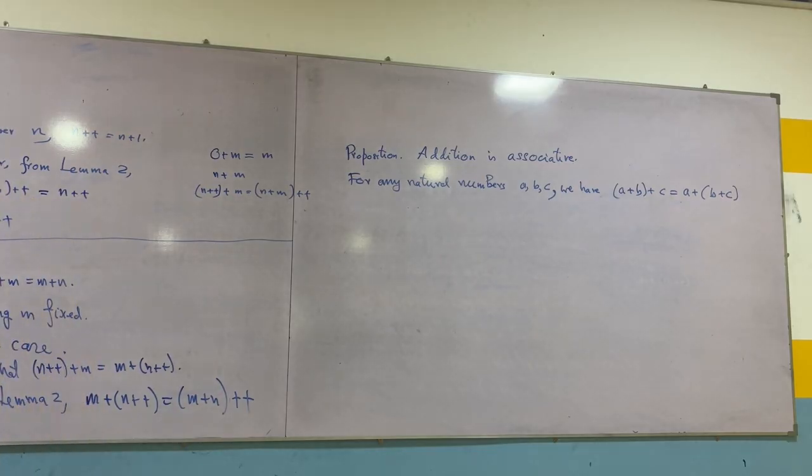So after proving this, you don't have to put parentheses. Whether you add the first two and then the third one, or add the last two first and then add A to it, the answer remains the same. But these are not true for vectors. You know, so many things, these are not true.